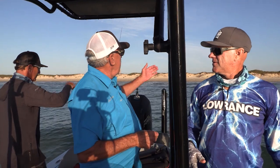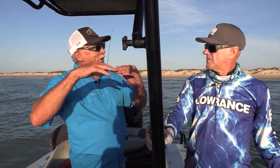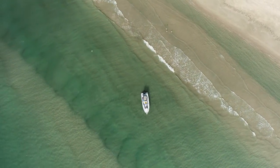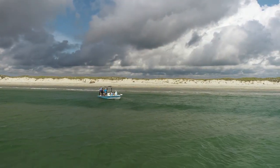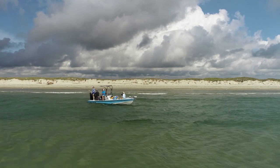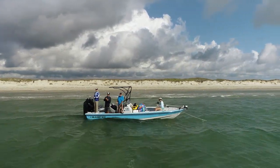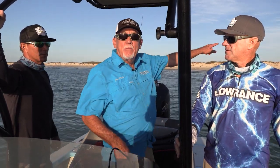Here's what's neat about it. You come down here swimming, you know how you come off and you go into the little deeper ditch, and then all of a sudden you get out so far and you wade up and you get on that second bar, and when you're just swimming, we're sitting 2 foot deep right here, and it's about 4 or 5 right here between here and the beach. That's what everybody swimming knows what that is. You swim out, it gets deep, then you come back up. Well, they run that bait fish up and down this ditch, but it's a second bar is what it is. It's the bar out here. So we got a little swag between here and the actual beach right where people swim,